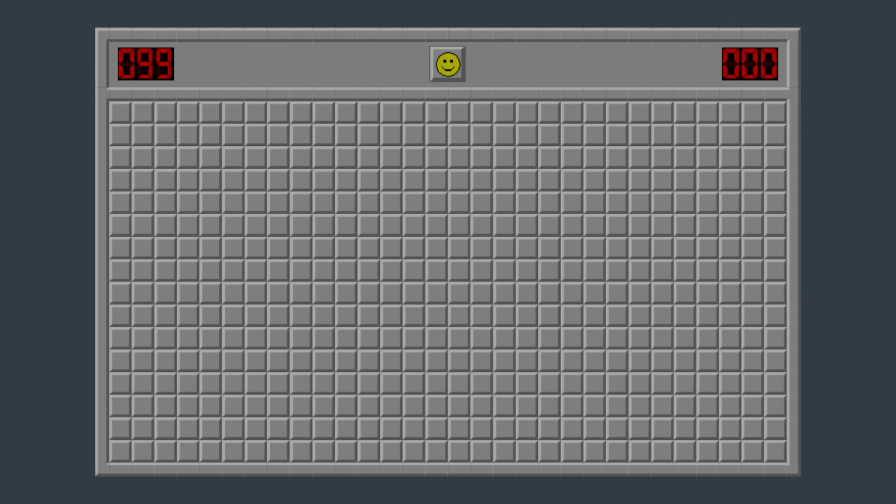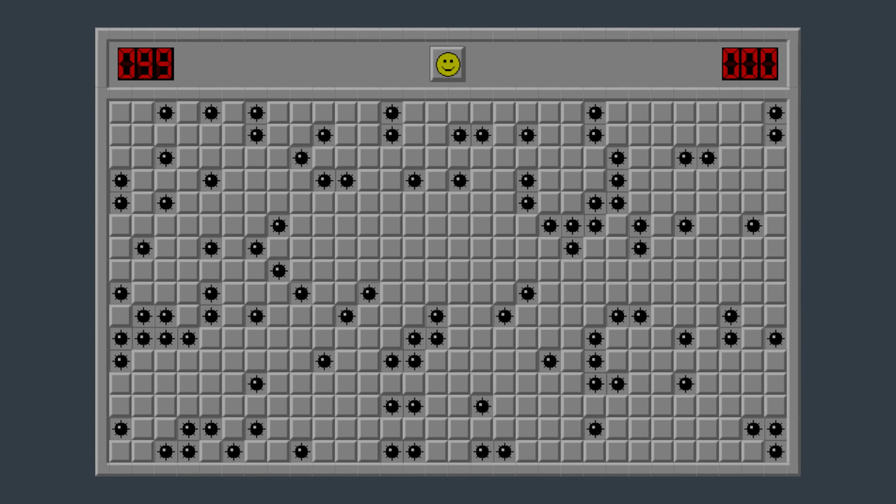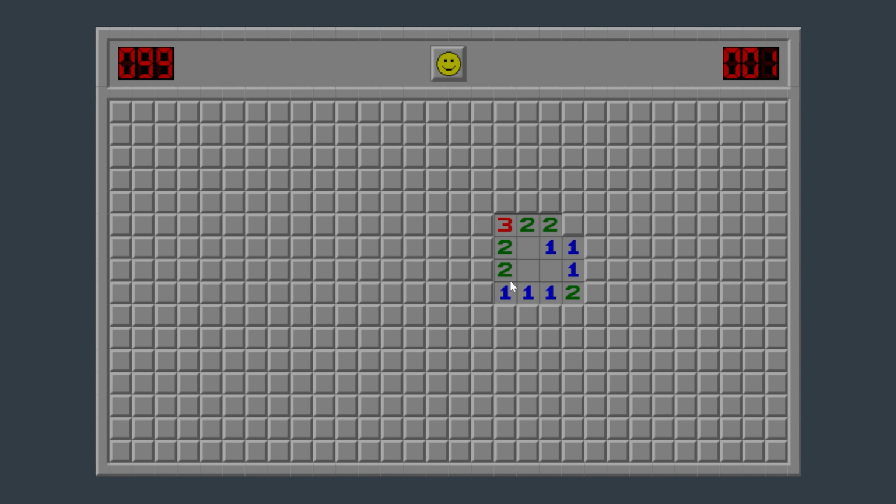Super quick reminder of what Minesweeper is for our younger audience. There's a grid of tiles. In our case, we're going to focus on the expert grid, which is 30 by 16. Behind those hidden cells are 99 mines. If you click on a cell, you can reveal what's under it, and to win, you need to reveal all non-mine cells without clicking on a mine cell. To help you, revealed cells will show how many immediate neighbors are mines. You can then use logic or luck to deduce where the mines are and right-click on them to flag them as mines.